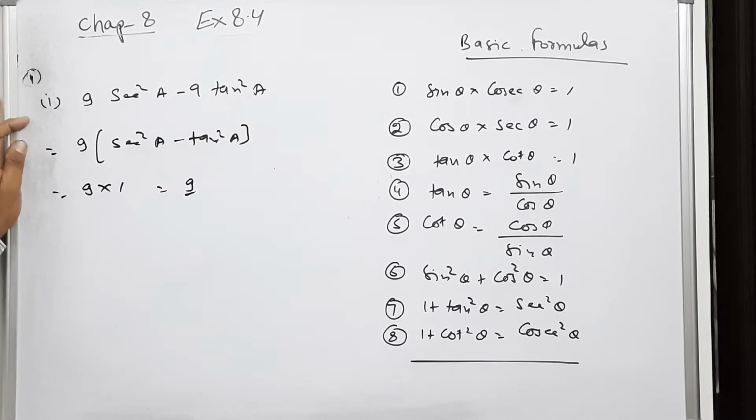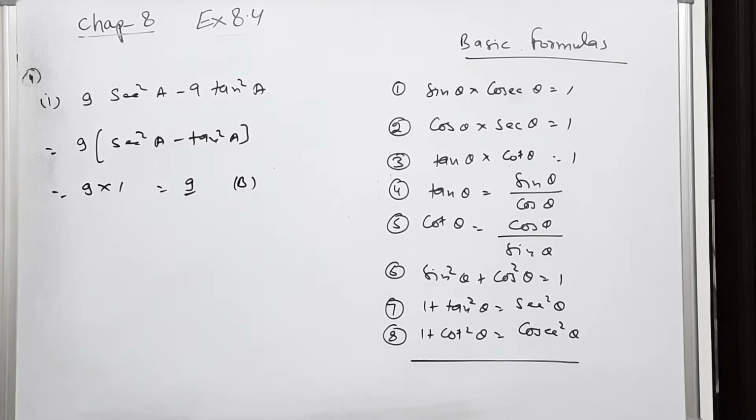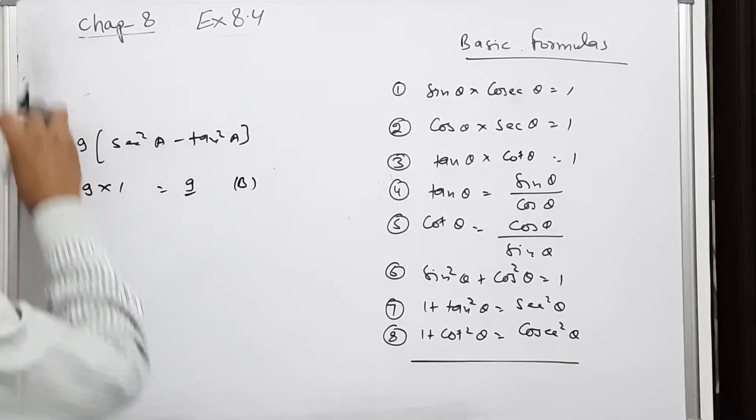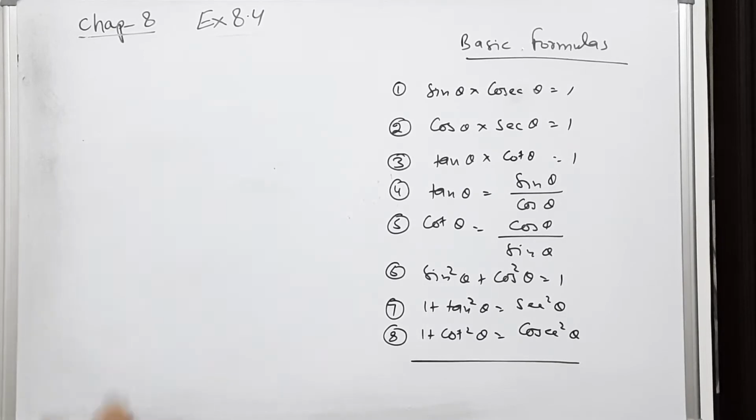And now I am coming to the fourth one. So in the fourth one, this is the first part, and the answer is 9. So here it is the B choice, because it is MCQ, so it is the B choice. Now I am taking the second problem, the fourth, sum number 4, second part.